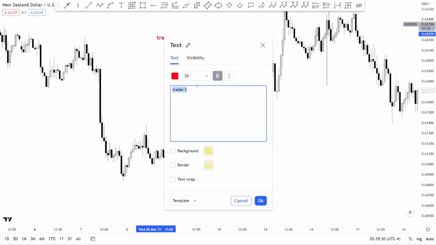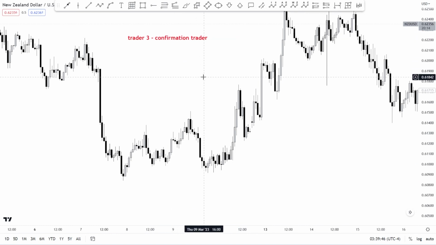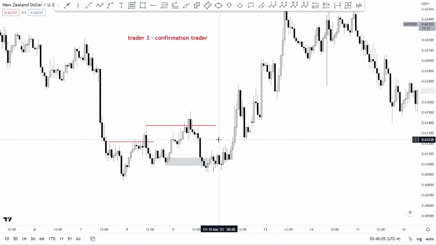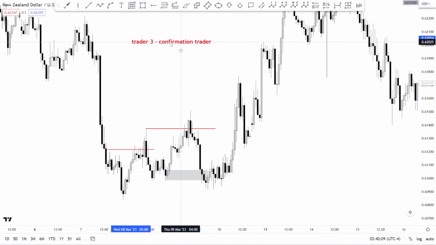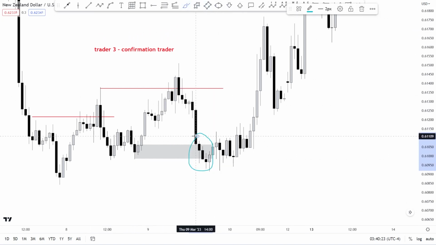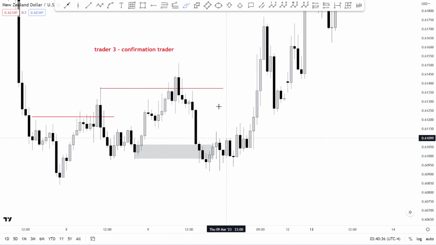So let's look at trader number 3, a confirmation trader. Okay, this is trader number 3. Let's say he used the first setup like this. So he was trying to enter here, for example. Okay, let me zoom in a little bit so that everything can be clear. But as we can see, there is no confirmation candle whatsoever around this area. So that means this trader did not enter this trade, but you can try to enter again when this low